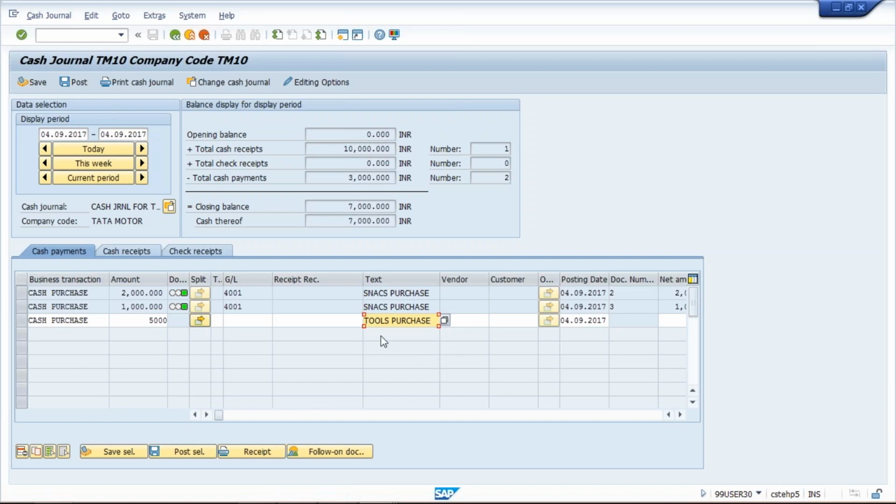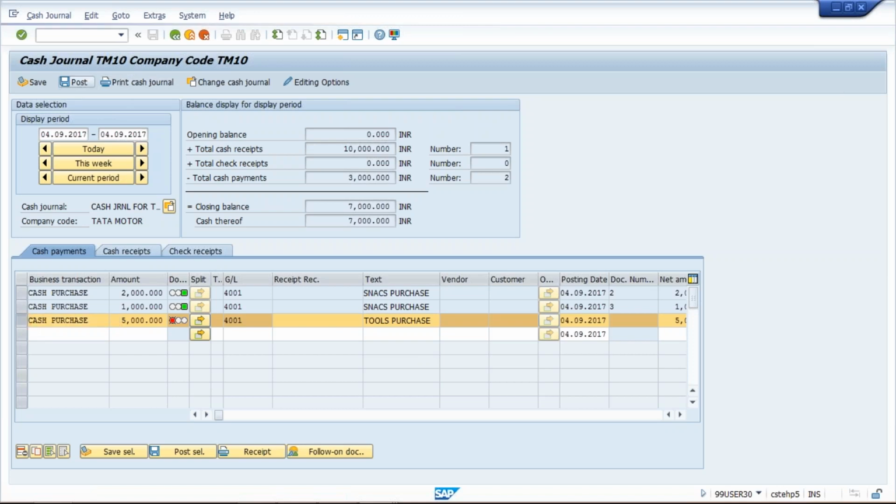So if you post this transaction, what is happening? Now see, the balance is less. So the accountant realized that now I am having very little in my petty cash GL, in the sense in his pocket, only 2,000 rupees.